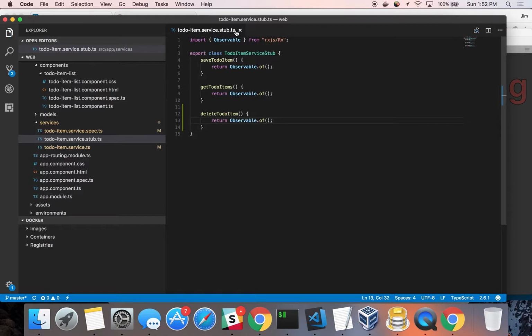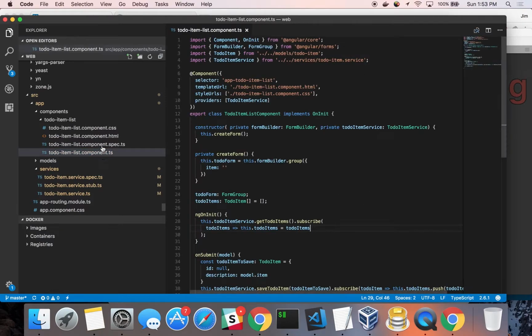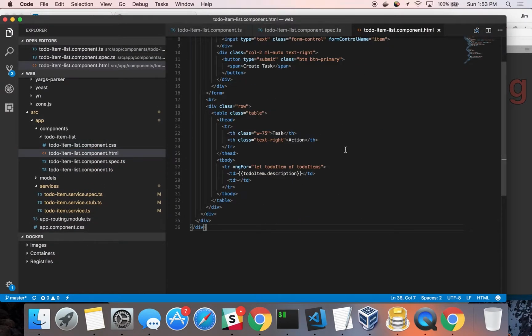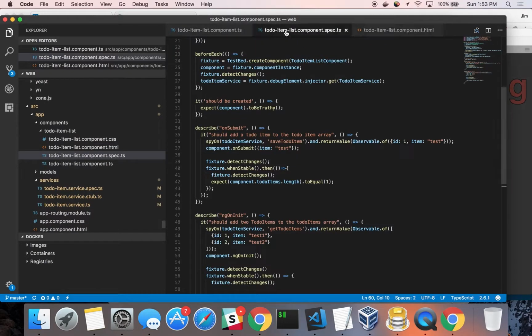Okay, that's it for our stub. Now we can work on our component itself. So let's go ahead and open the component, spec, and the HTML. Let's start by creating the HTML. Let's go ahead and write the function here, the delete item function. So let's go into the component, spec,